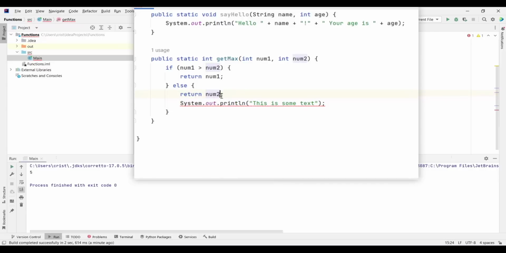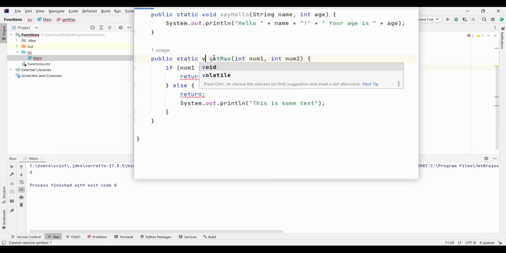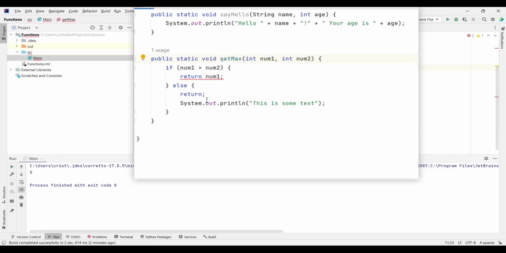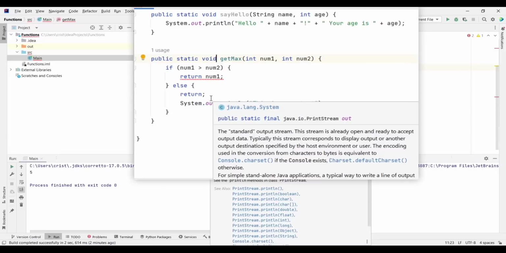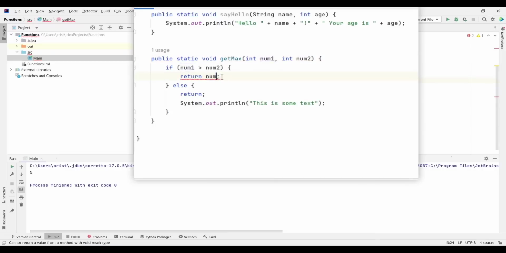And if you just type return without returning something, it will have the same effect. So let me change this to void to show you how even if you just type return, so let's put it here. Alright, so now we have it.